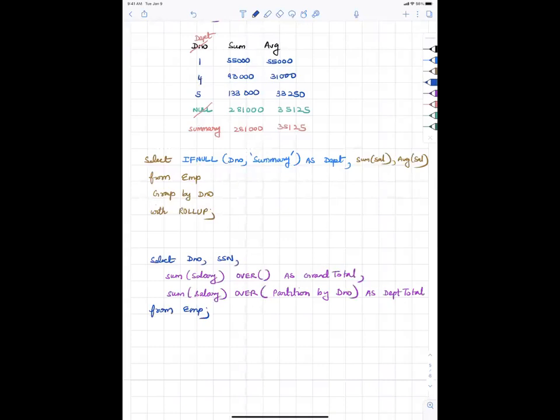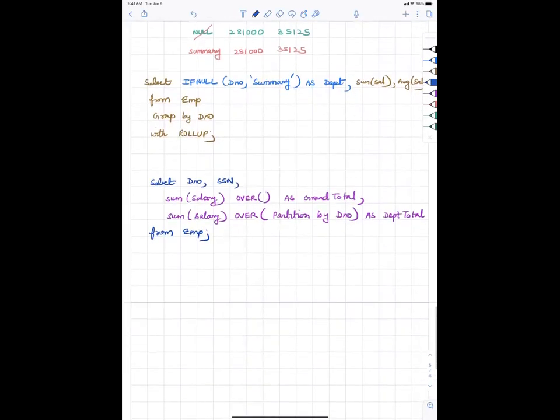This one, again, is one of these functions that will sum over all the rows in the database. So the output for this is going to be